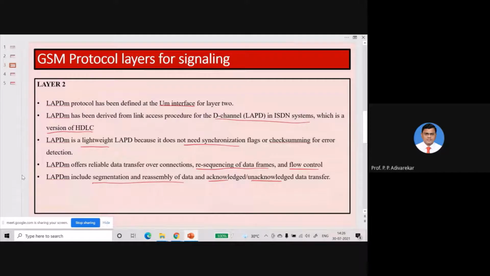Now what is the D channel? That we will discuss when we cover the channels in GSM. Actually, I'll check whether this is a part of your syllabus or not. But still we will see what is the meaning of the D channel and the different types of channels in the GSM system later on. Okay, so let's move on to the third layer now.